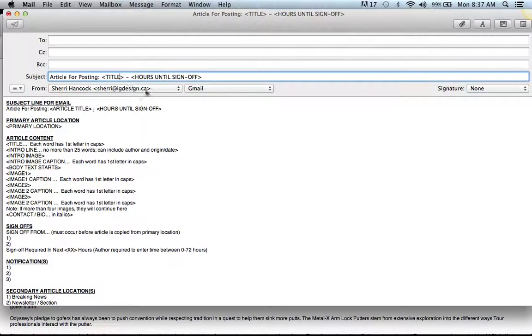There we go. And then a hyphen and then the hours until sign off or posting, they're pretty similar in this case. So the subject line is really what somebody who's writing an article is supposed to fill out. They're supposed to fill in here the article title and the hours to sign off. They're supposed to indicate its primary location, and to remind you about what that primary location is,